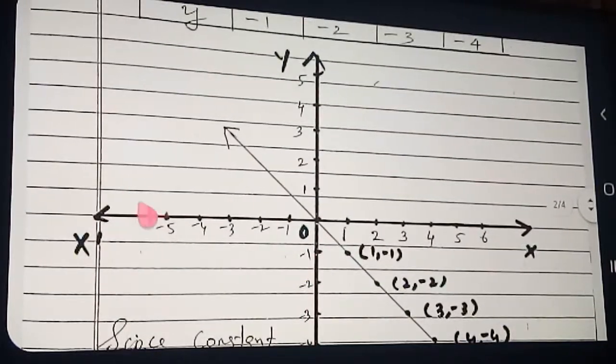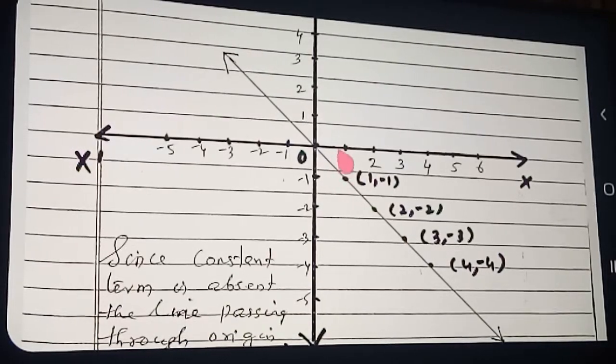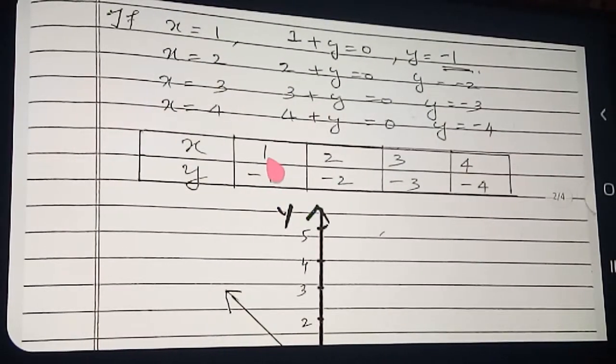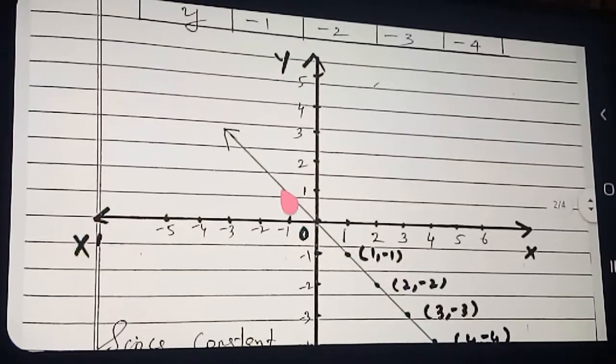See, x dash drawn, y dash drawn. Clear? 1, 2, 3, 4, 5, 6. How was the marking, as the teacher told now? Okay, in such a way, mark after each 5 divisions. Mark the axes. Now we plot the points. See how the points are plotted. 1, minus 1: you are taking x coordinate 1 and y coordinate minus 1. Same as the previous way, keep a scale here, or here also keep a scale, you can plot the point correctly. 1, minus 1. Clear? The x coordinate you will get on the x axis only. The y coordinate you will get on the y axis.